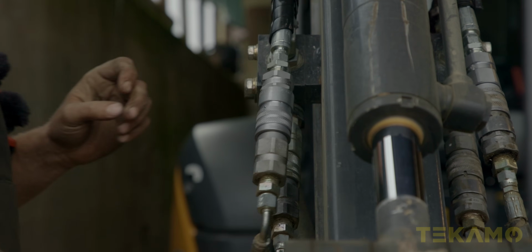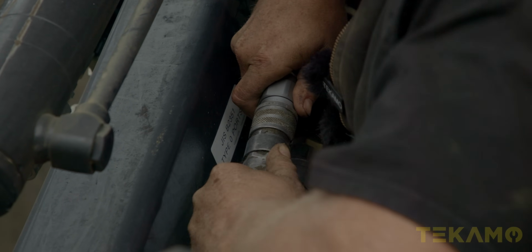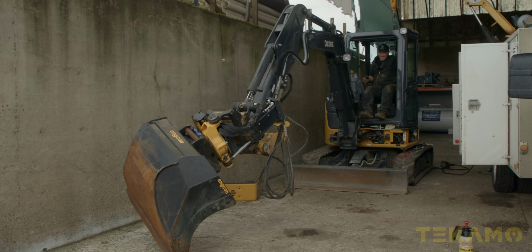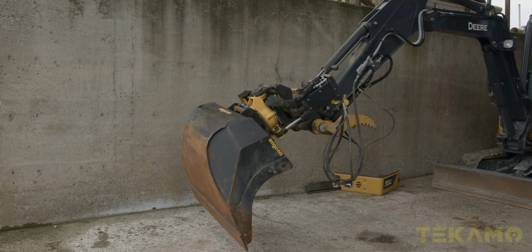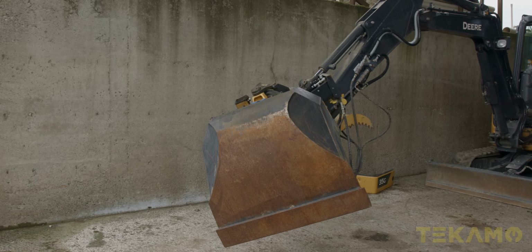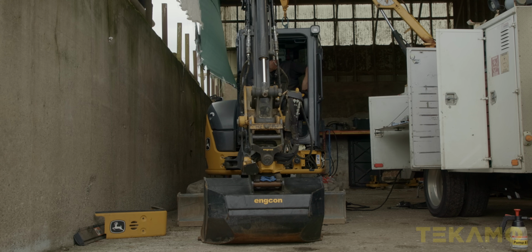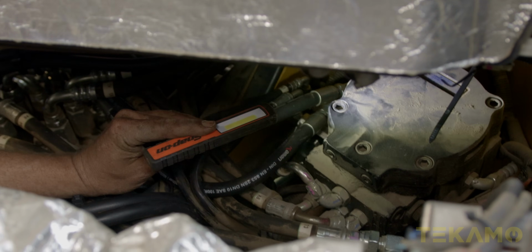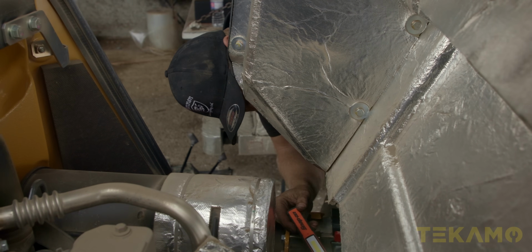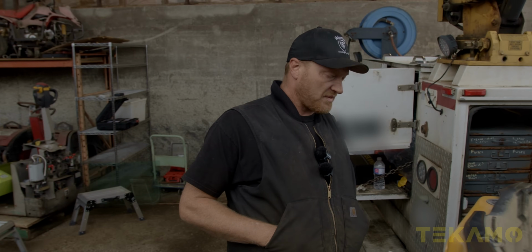Oh, there we go. We'll fire it up and hit the solenoid and see what happens here. Now that we've ran it, I want to make sure there's no leaks under here. No oil leaking. Everything's sitting nicely. We're good. We can put this machine back down and bolt the cab back down and finish putting everything on,